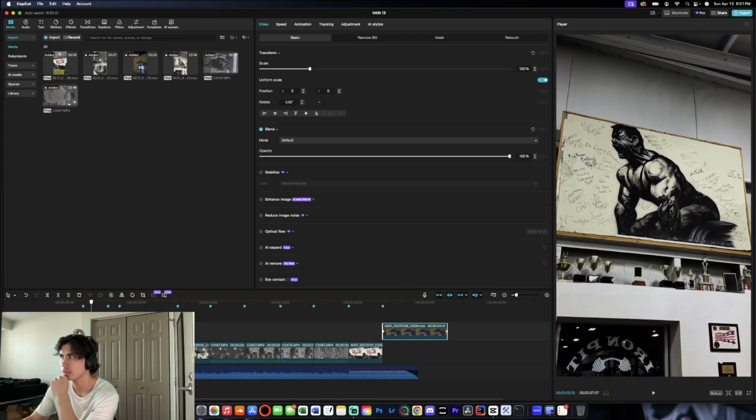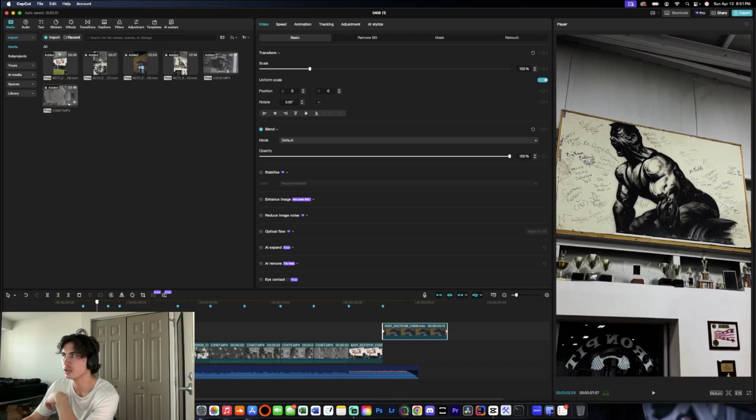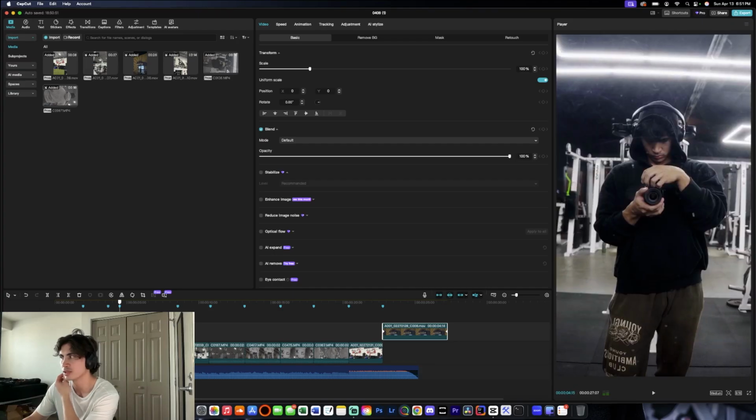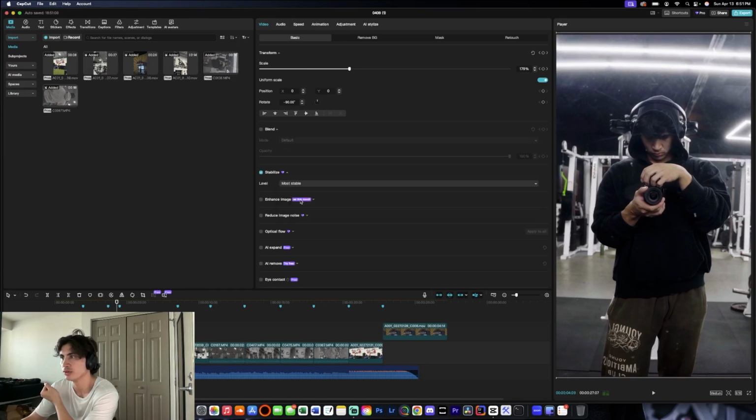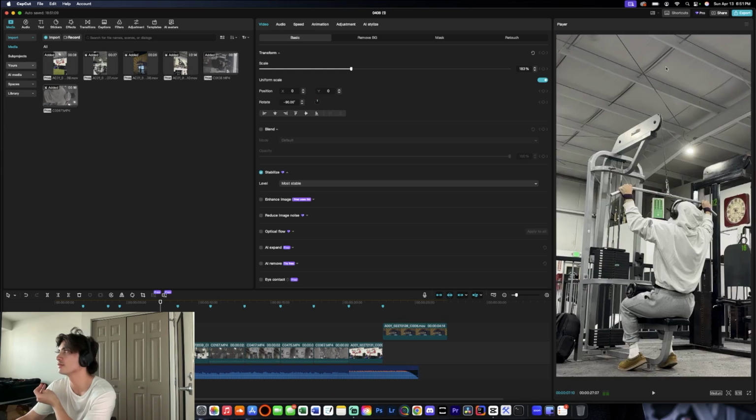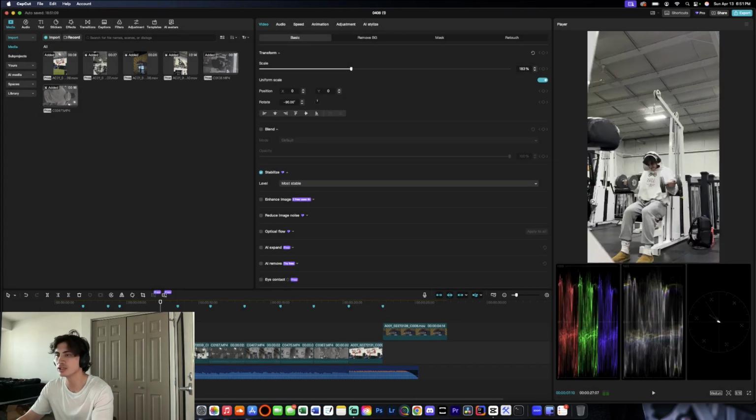Now, here we have our stabilization. This has good basic adjustments. This one also, we're going to add the stabilization and we're going to do the most stable. This has good basic adjustments. Here is where we're going to have to go ahead and do some of the basic adjustments for this, as